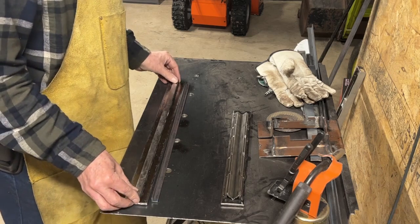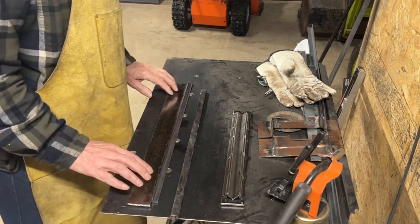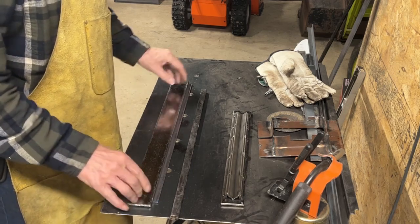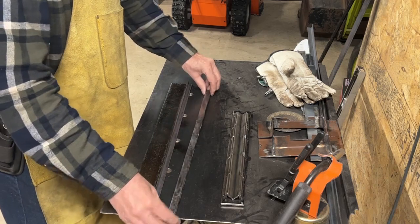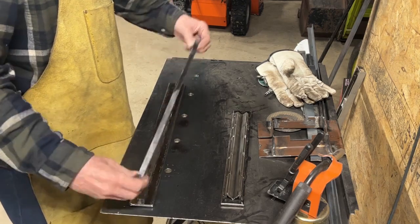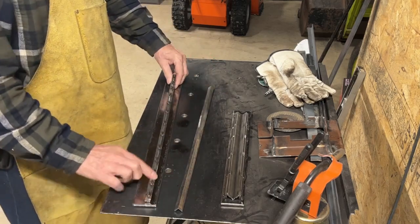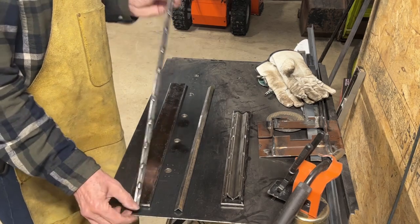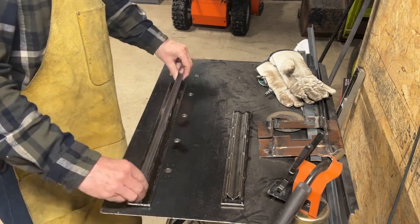I've used 1/4 inch material here, and since I had 4 feet of this, actually I have 2 4-foot pieces, I cut lengthwise, and these are about 5/8 of an inch wide, just a little bit narrower than the width of this piece of angle iron. I did that because I was going to weld it and I didn't want to have to grind all the welds down. So that doubled up piece will get welded to the base plate,